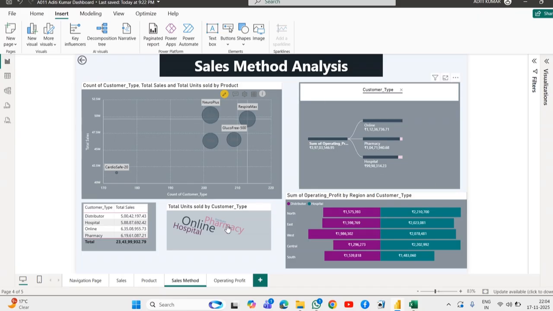So this gives a data analysis of the product with the sales method, what type of sales method has been used. This is a multi-row card which gives a total number of sales, like what type of customer gives what type of sales, and here also the dominating one is the online sales. So coming to that particular segment only,